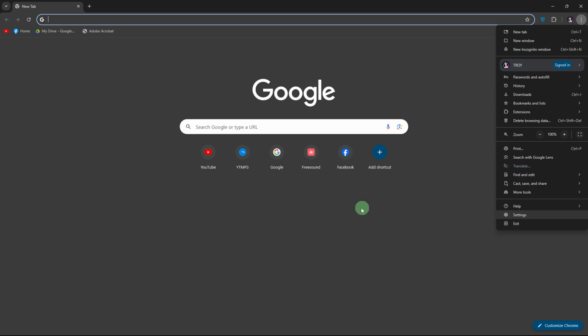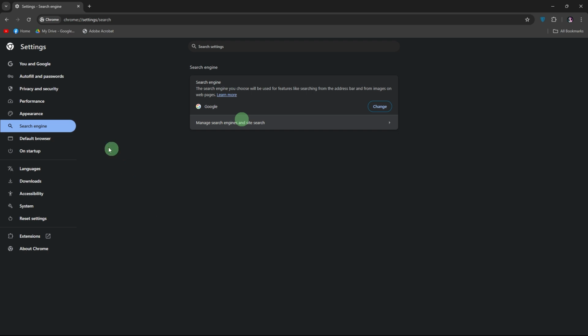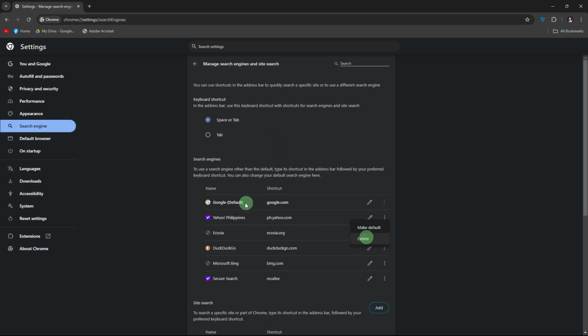First, check and reset your default search engine. Open Chrome and click the three vertical dots in the top right corner. Then choose Settings. Scroll down to the Search Engine section. Make sure Google is selected as the default search engine used in the address bar. Click Manage Search Engines. Remove Yahoo or any suspicious search engines by clicking the three dots next to them and